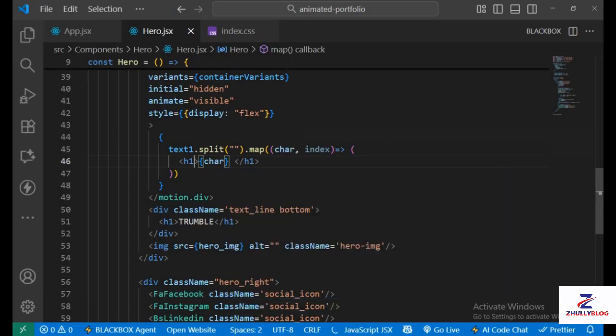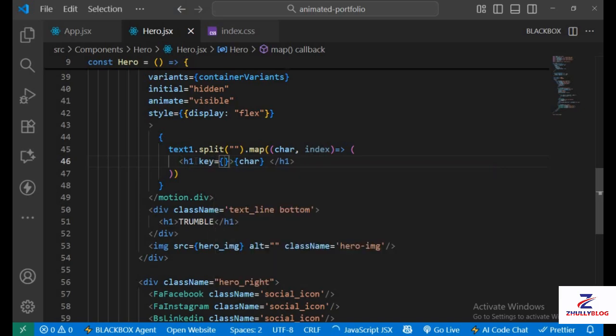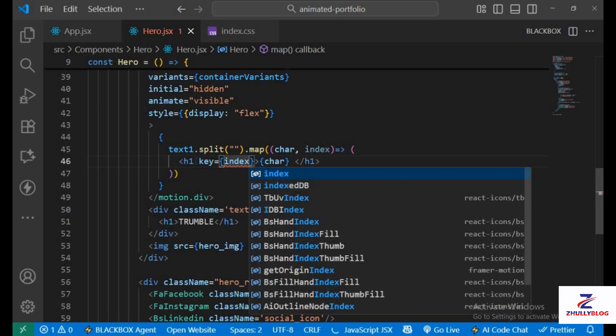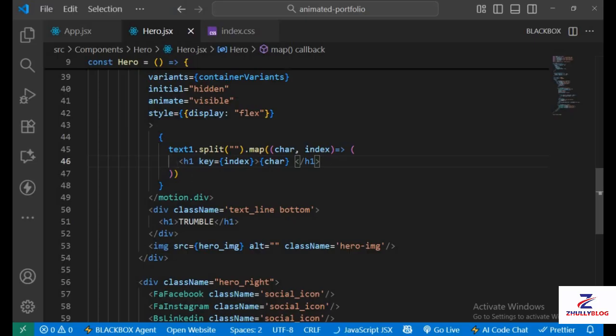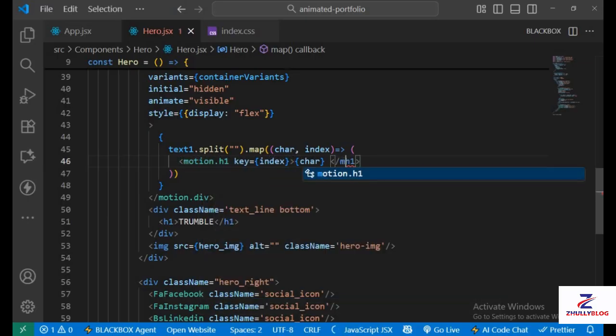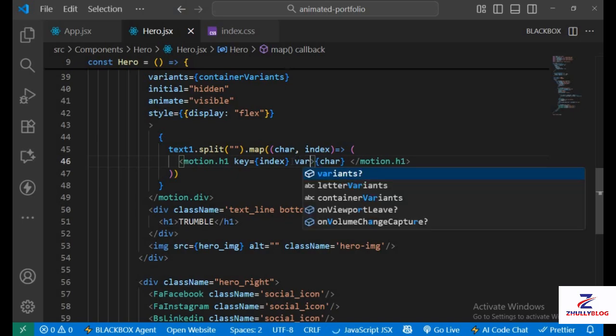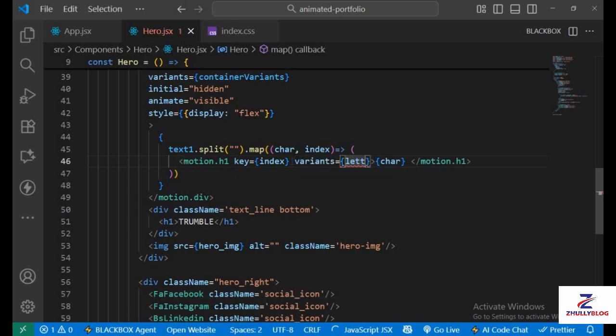And then we'll pass the key here, and it's going to be index so that we can identify each of the characters by their index number and then display each of them as an h1 tag. Now we want to animate, so we're going to add motion.h1, and then after this key we'll pass the variant as letterVariant,